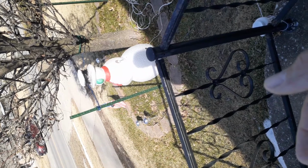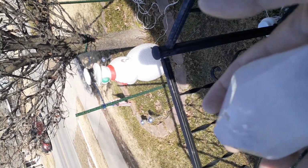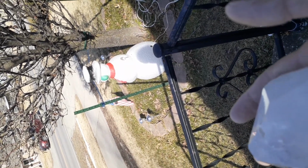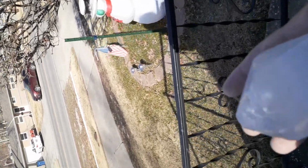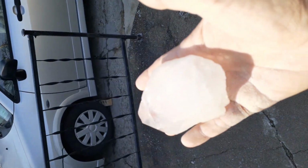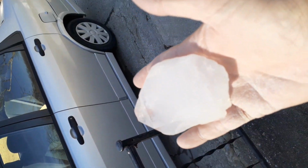Think of it like trying to find a stud behind sheetrock. If you've got one of those sensors, you can pull it along the sheetrock and it senses it. Same thing here. So if you take this crystal, and what I was doing, I was taking this around here,